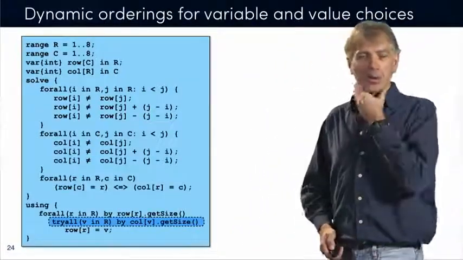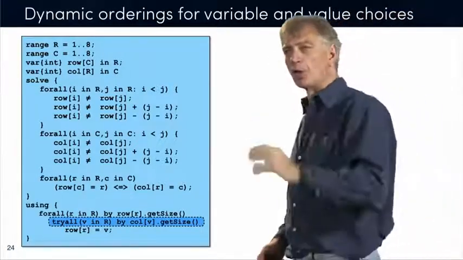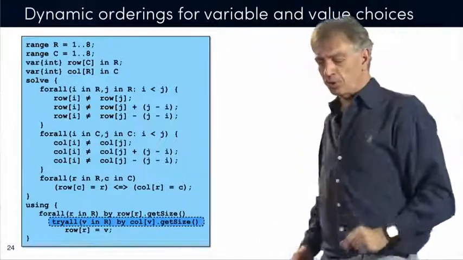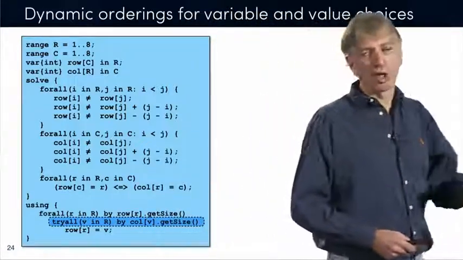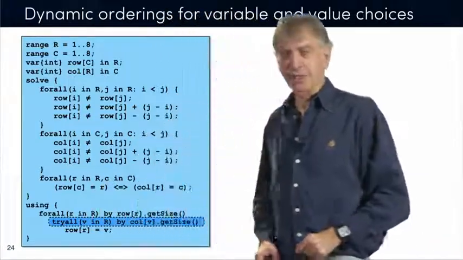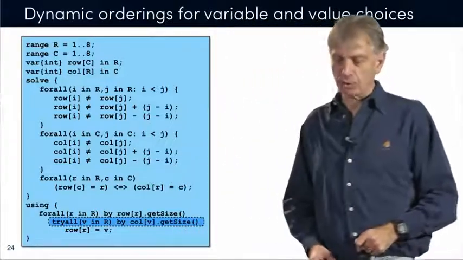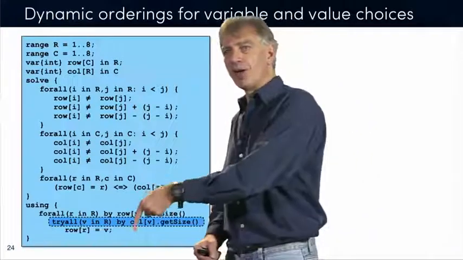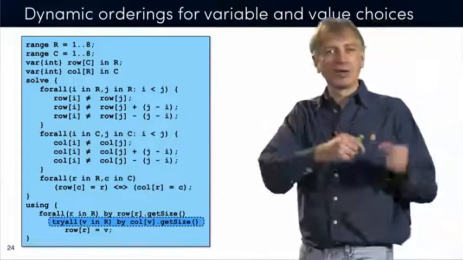Okay? Now remember also, one of the things that we had on the queens problem was this dual modeling, where you had variable associated with the column, and then variable associated with the row. Okay? Now, that's a good example to show how you can both choose a variable ordering in a dynamic fashion and a value ordering in a dynamic fashion. Okay? So what you see here is that we look at the row variables. That's the one that we want to assign. Okay? And we choose the one which has the smallest domain. And then we have to assign a value. Okay? And when we assign a value, essentially, this is equivalent to giving a value to a column.